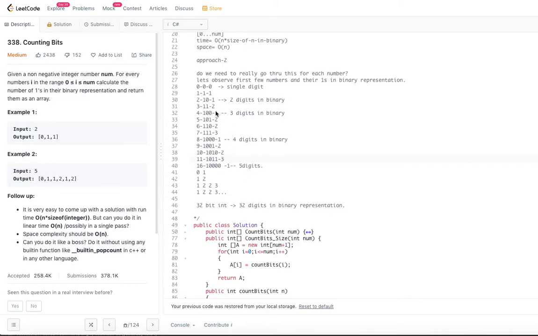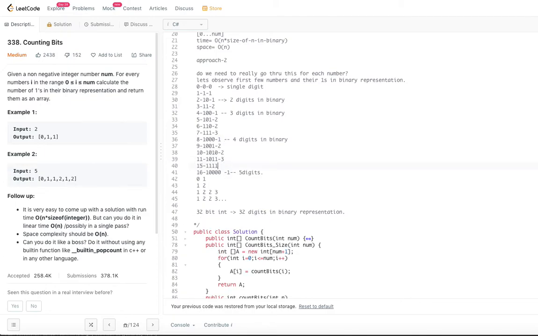When you look at it, for every digit conversion of +1, so single digit, two digits, 3 digits, 4 digits, 5 digits and so on, it is always the number of ones in the previous number. Here there are 3 ones, but as soon as it becomes 8, it drops down to 1. So in 15, for example, let me write. This is 15, but as soon as it goes to 16, it gets converted back to 1 digit. So this is one pattern that we can discover.